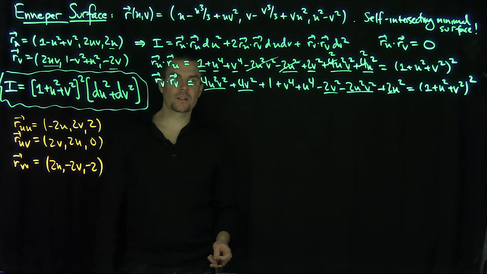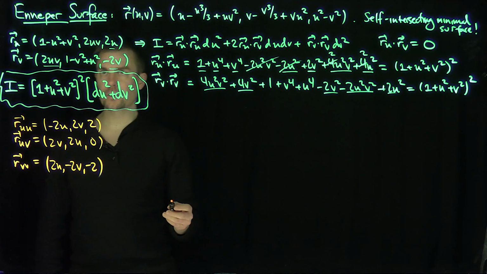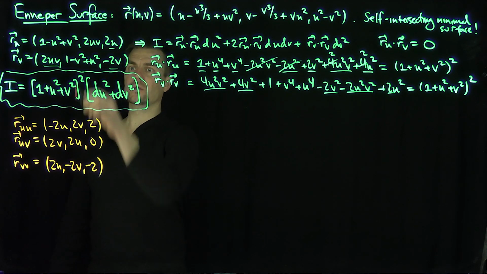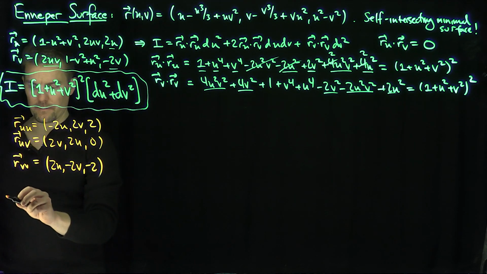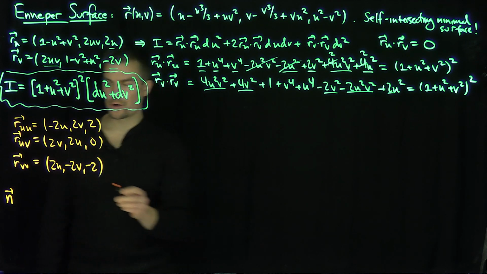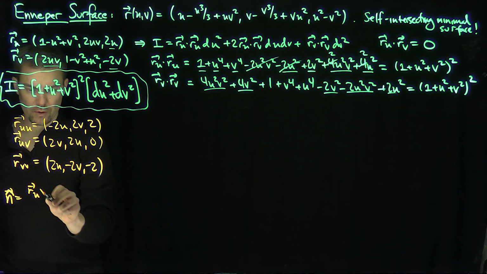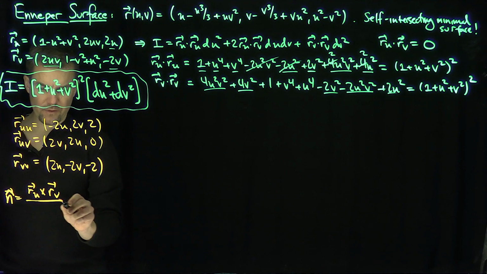Great. Now I need to compute the normal vector of this thing over here, so how are we going to compute the normal vector? So let's do it. It's across these two things over here, right? So my n vector is going to be what? Well, first of all, n is going to be RU cross RV. So n hat is going to be RU cross RV over the length of RU cross RV,